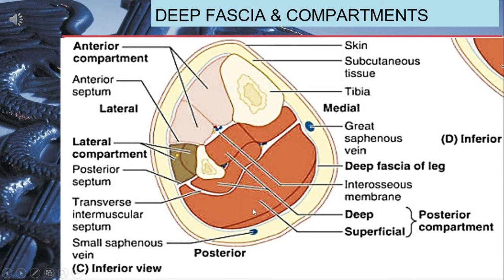In the lower part of the leg, where all the muscles are going to be in the form of tendons, the tendons and neurovascular bundle are enwrapped by this deep fascia thickening anteriorly, which is going to make superior and inferior extensor retinacula. Posteriorly, this transverse septum is going to thicken up to form tarsal tunnel or flexor retinaculum, and laterally it is going to form the superior and inferior peroneal retinacula.